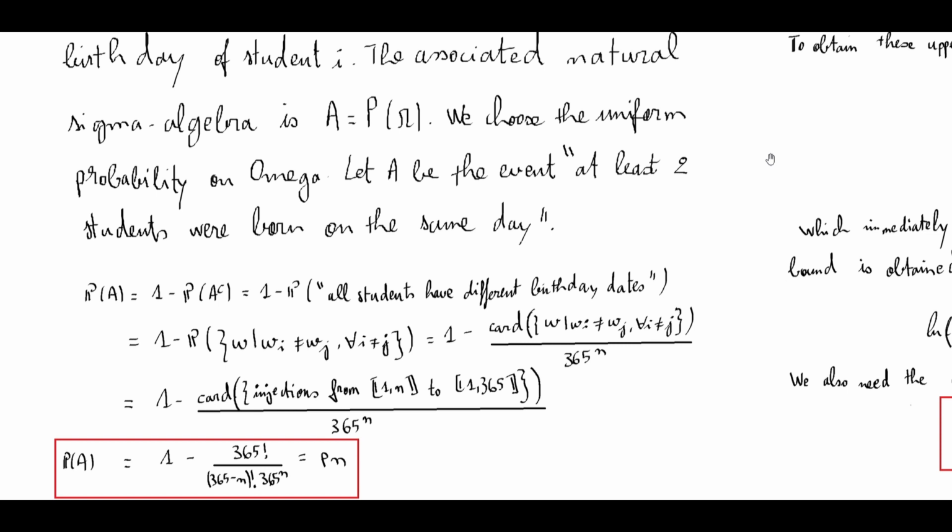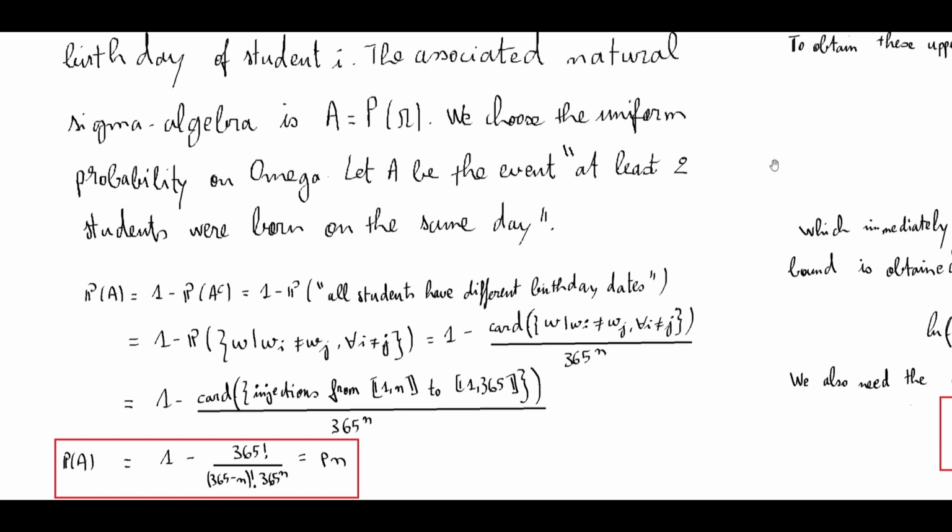The probability of the event A is equal to 1 minus the probability of the opposite event, which is equal to 1 minus the probability of all students have different birthday dates, which is equal to 1 minus the probability of the set where ω is such that ωi is different from ωj for all i different from j,